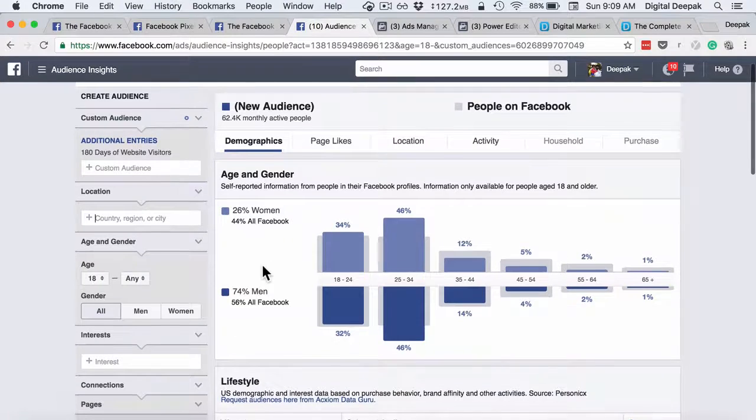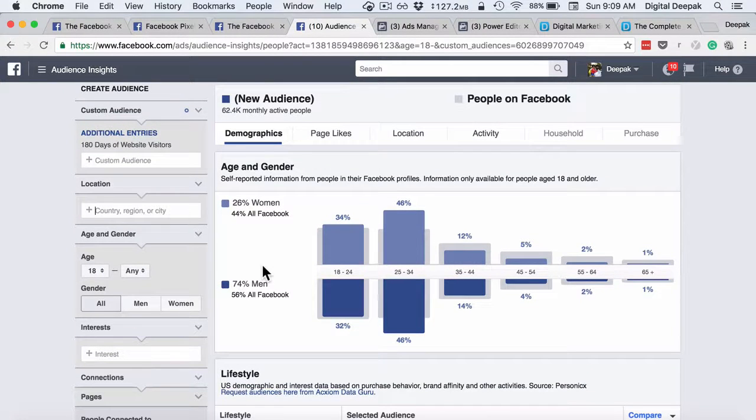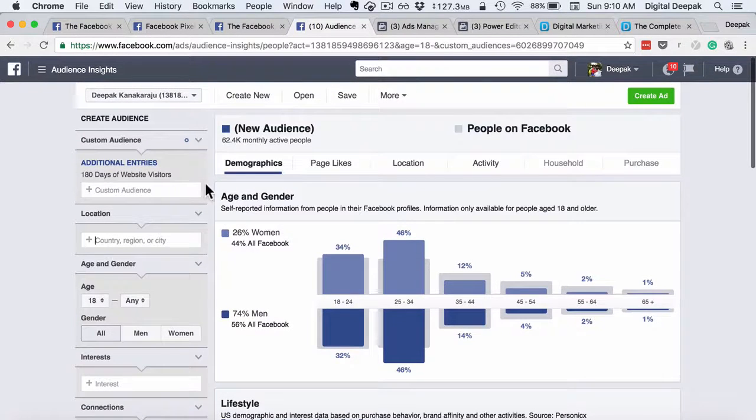So Audience Insights gives you insights about your audience, because now that you have installed Facebook Pixel on your website, Facebook can track most of the Facebook users who visit your website. And even if you don't advertise on Facebook at all, even if you don't set up conversion tracking, or even if you don't do any retargeting, just by installing the Facebook Pixel, you can get valuable data out from this thing called Audience Insights.